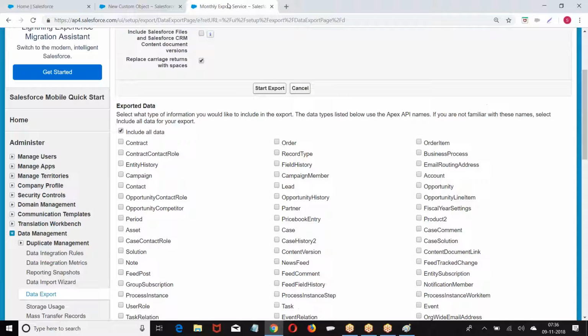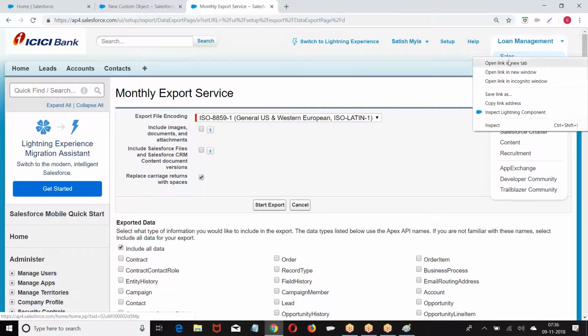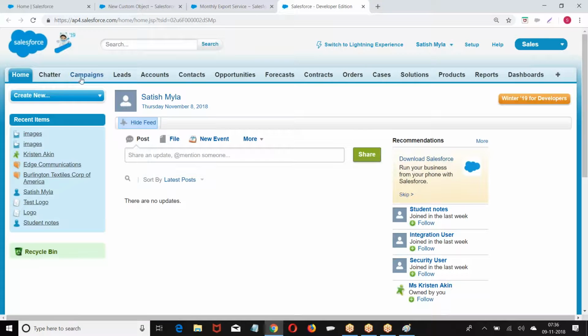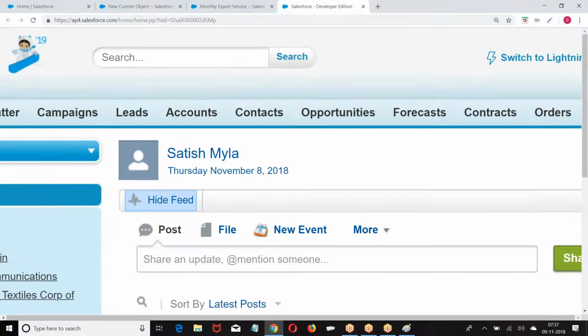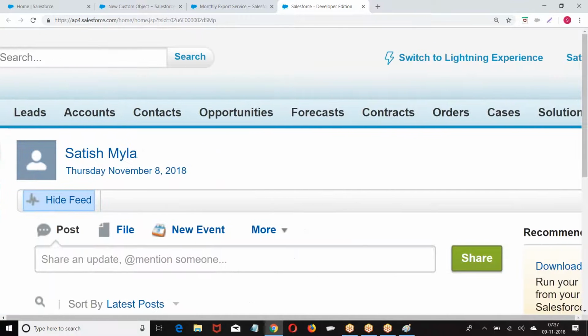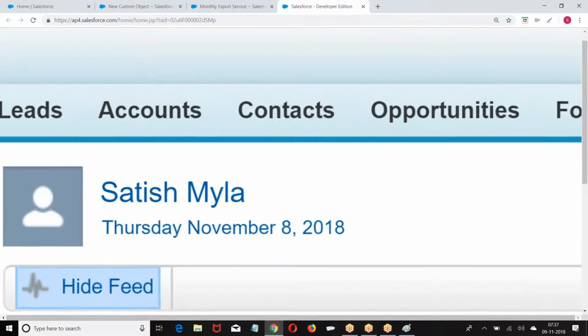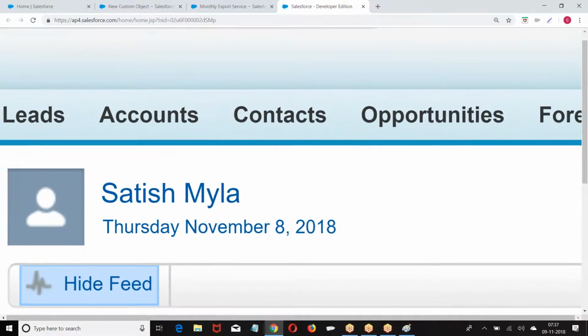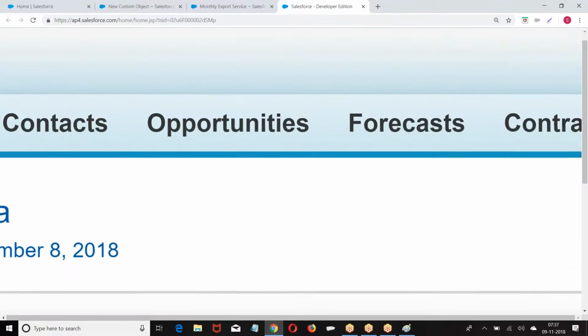Let me open this. Campaigns, leads, accounts, contacts, all these are tabs associated with an object. Generally they give plural names: for the account object, accounts; contact object, contacts; opportunity object, opportunities.